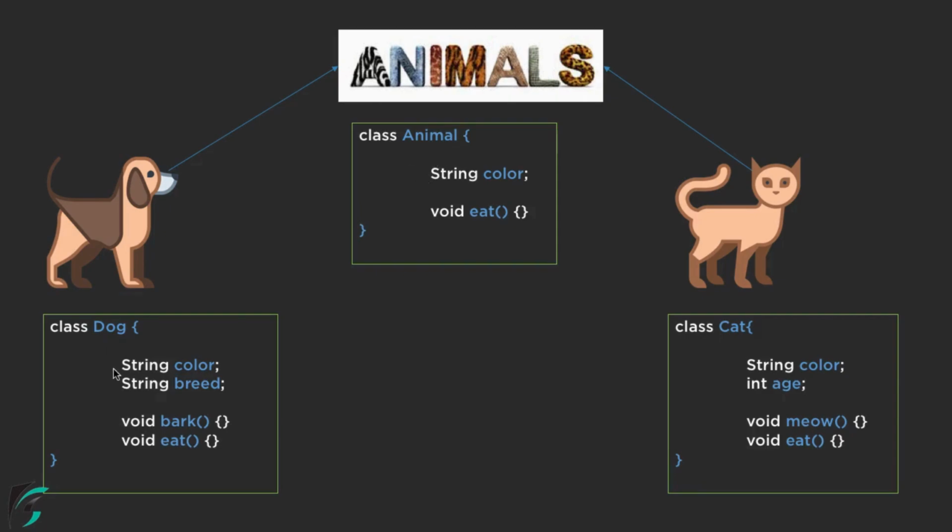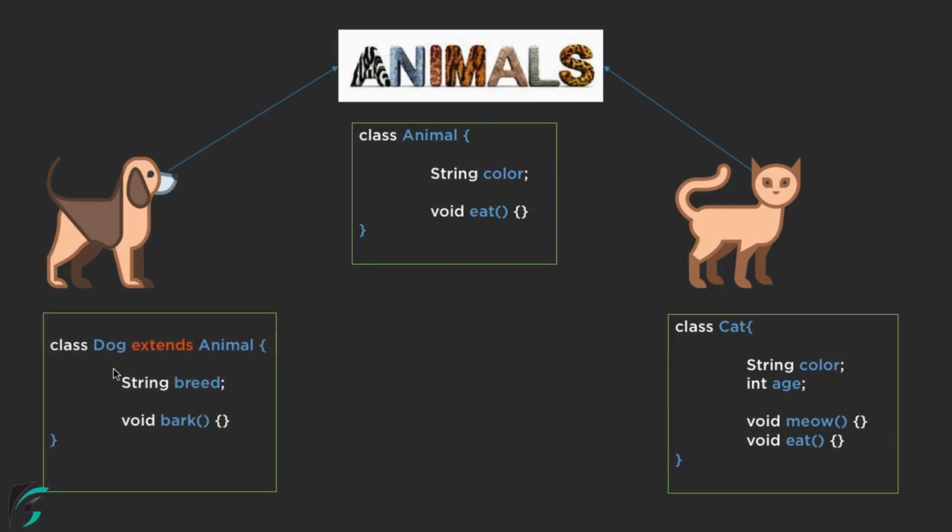So for that, let us write some code or modify some code. So here we have class dog using the extends keyword. Now when we use extends animal, this simply means that we are inheriting all the properties of class animal such as color and eat within the class of dog. So now we can remove those properties and we are left with breed and bark, which is actually applicable for just dog. Similarly in class of cat, we can do the same thing. We can use class cat extends animal, which means we can now remove color and eat and we are now left with only age and mew. With this we are inheriting all the properties of the animal within the class of cat.